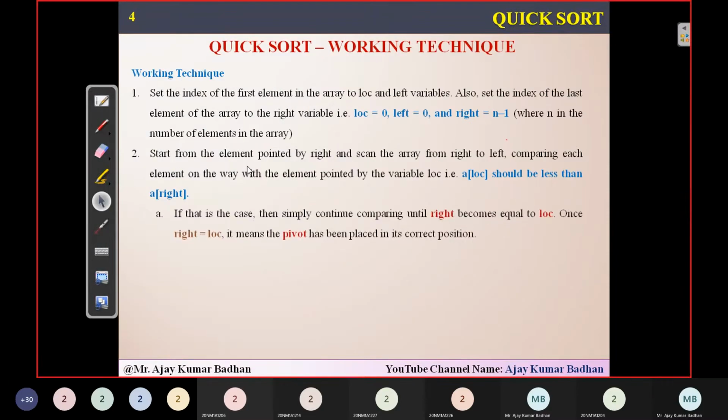There are 3 steps which you have to keep in mind here. Based upon these 3 different techniques only, we will be performing it. First, set the index of the first element in the array to LOC. As I told you, I have already explained it. So within an array, 0, 1, 2, 3. The first position you are going to select here, whatever we have, is what we call the beginning. Suppose there are only 4 elements; the ending will be represented by location 3. So beginning and location will be represented by this particular location 0.